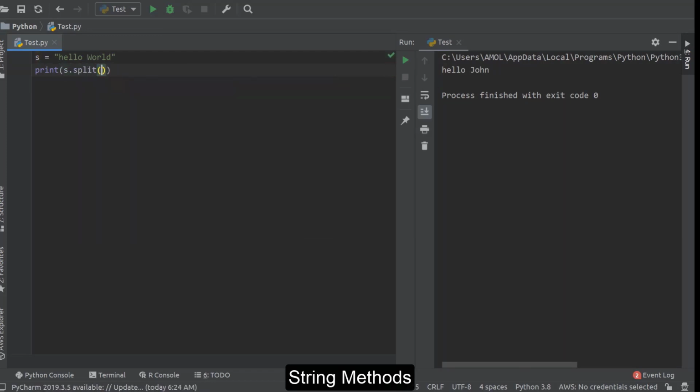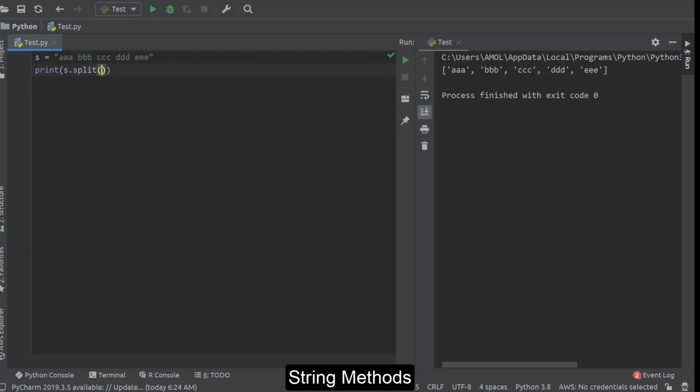Then there is another function, split. Now this split splits your string into a number of strings and returns you a list. Okay, list is a collection that we'll see in our next session. So s dot split means, like right now I'll go with a different kind of string here. Suppose these are 4-5 words constituting one string. Now when you say split, it will divide all these words into different strings by using space as a separator. Okay, so this is the split function.